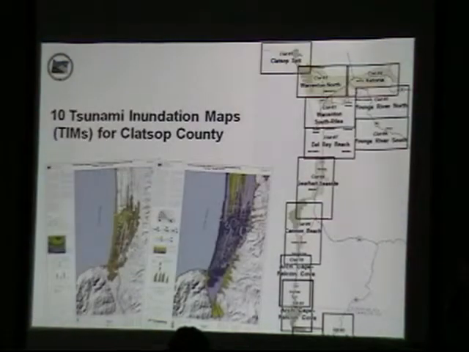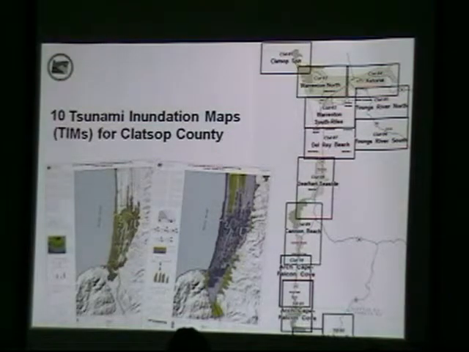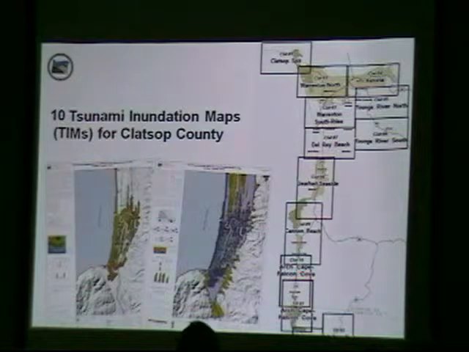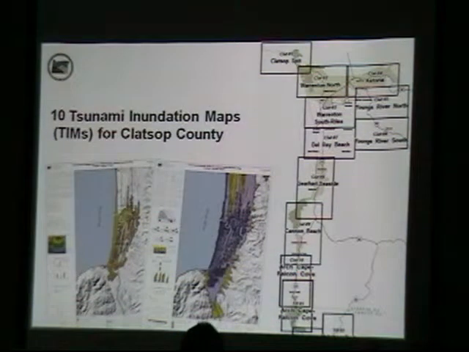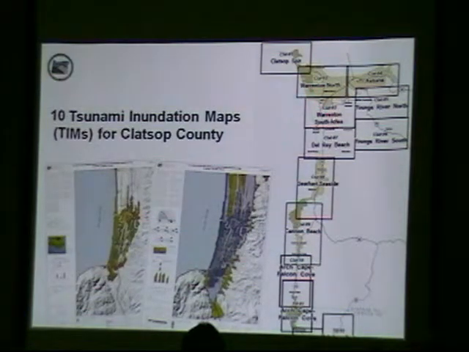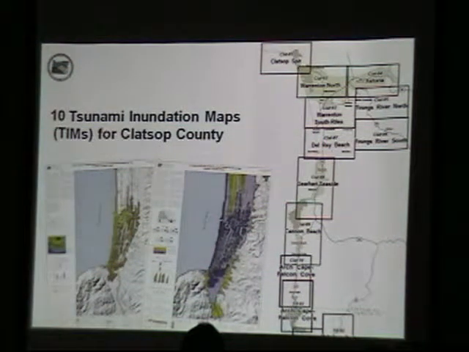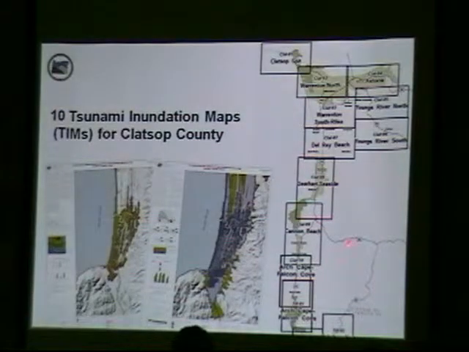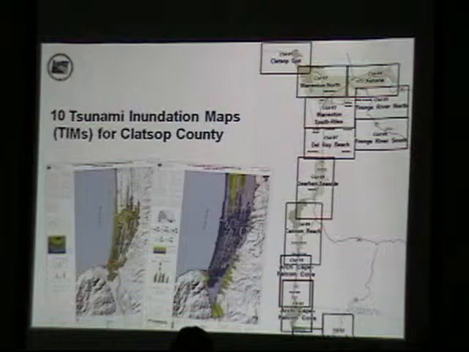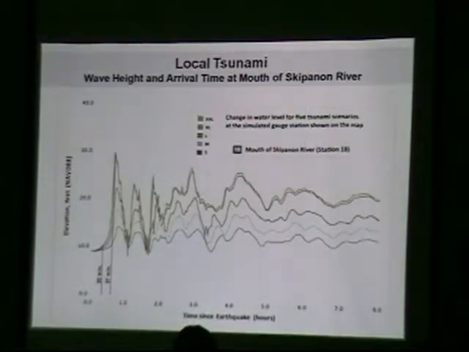So I'm going to cover a little bit more on the TIMS too. This is Clatsop County, and this is showing you the layout of all of the TIM maps. We only brought a few of them. We brought the one from the Clatsop Spit, and Warrenton North, Warrenton South, Rylea, and the Sunset Beach, Delray Beach map. The rest of them are available. You can order them online if you'd like, and we'll talk about where a little bit later.